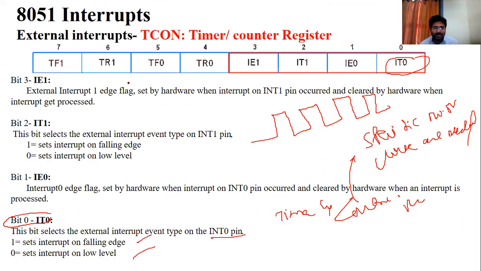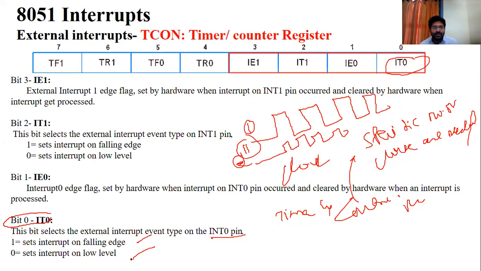Now, what is this TCON register? This TCON register will indicate how many clock cycles are required to execute interrupt 0 as well as interrupt 1. At the same time, what is the time delay between them? Suppose it executes interrupt 1, then again it executes interrupt 2. How much time delay is there between these two operations? That will be given by the timer. Then how many cycles will be required? This will be given by the counter, based on the clock.